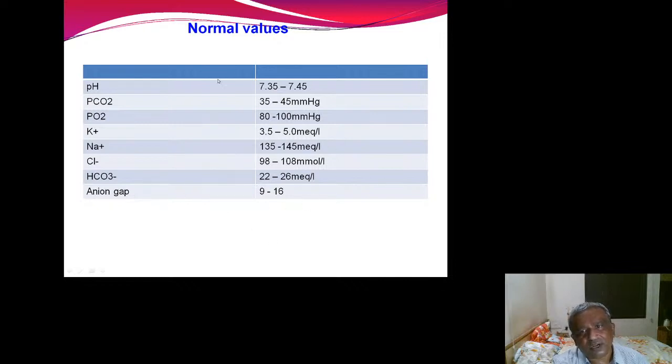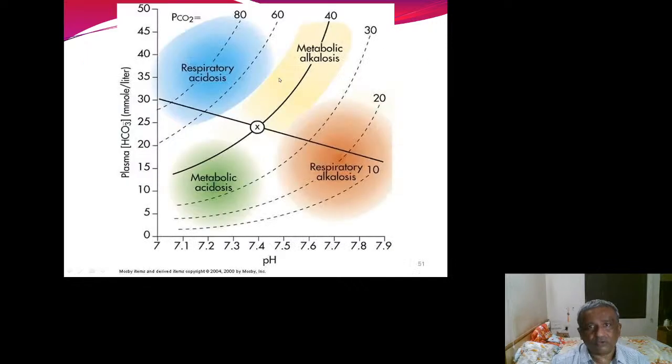This looks complicated, but once you start treating patients in the critical care centers and you start ordering ABG, this will be your daily bread and butter, and you will never forget these values. Just last slide. If you just correlate this bicarb level, pH, and other things, this is respiratory acidosis when the pH is in the acidic range. The plasma bicarb is here, and this is metabolic alkalosis, this is metabolic acidosis, and this is respiratory alkalosis.